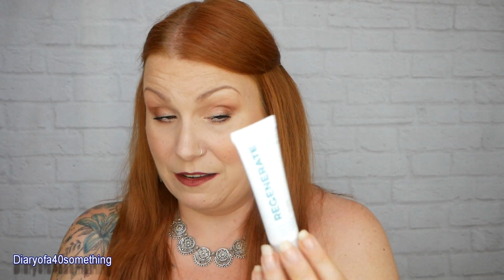So what's the information say? So this is a deluxe mini size. The recommended retail price for this is £2.50, and for the full size 75ml it would cost you £10. The ingredients form a fresh supply of enamel minerals which wrap around your teeth. For the best results, use this in place of your regular toothpaste. So yeah, not an exciting product, but it does sound good, and yeah, I am looking